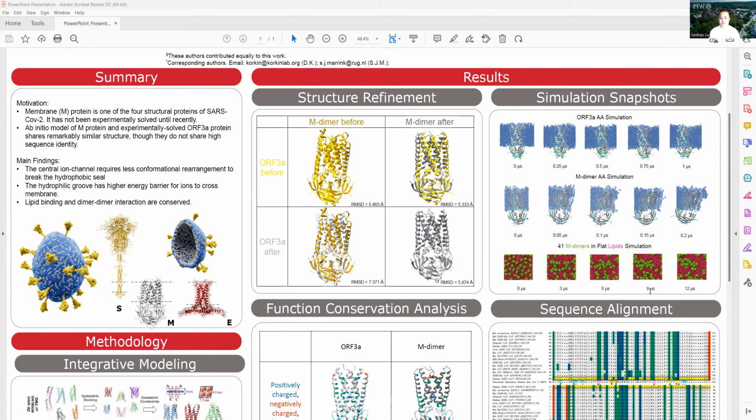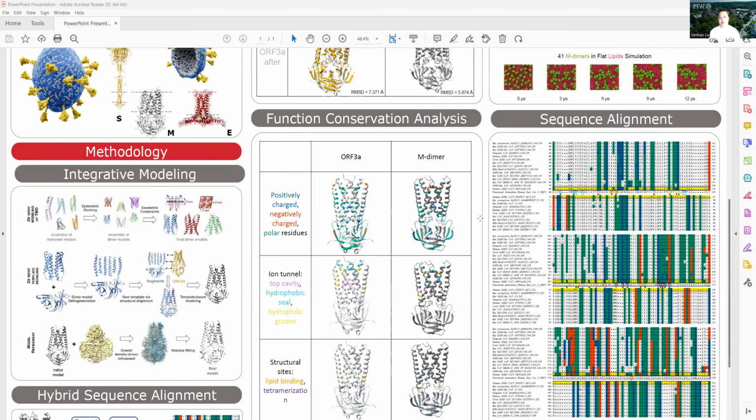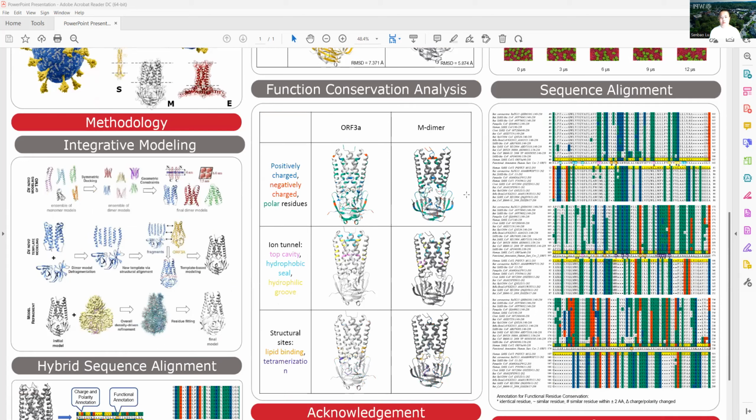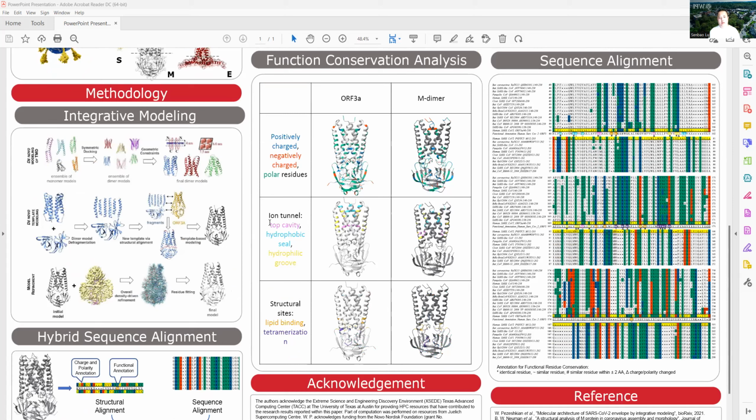We also compare the functional conservations between ORF3a and M-dimer. First, we annotate the positively, negatively charged residues as well as the polar residues in blue, red, and green respectively. We then annotated the functional residues of ORF3a here: the top cavity, hydrophobic seal and hydrophilic groove of the ion channel, as well as the lipid binding and tetramerization